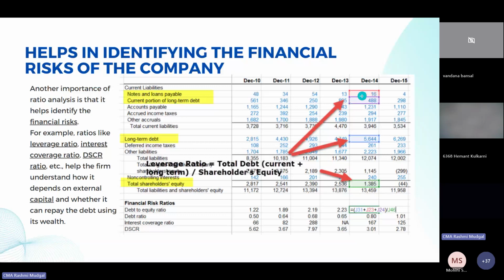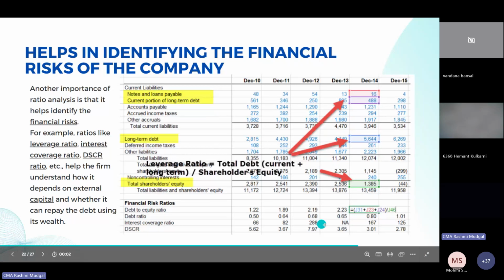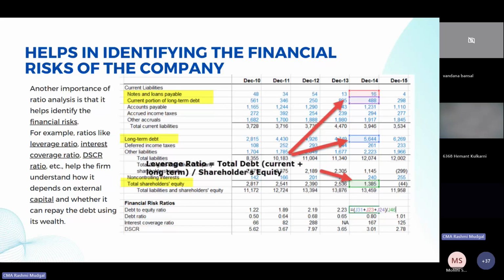long term debt is there and deferred income taxes are there. This is payable. Okay, and total equity share is 1385. So the equity is less than my liability. So that means we can see the firm is somewhat totally dependent upon external capital, because my own capital is very less, and the debt equity ratio is also very less in this scenario. Debt equity ratio should be 1:1 in the